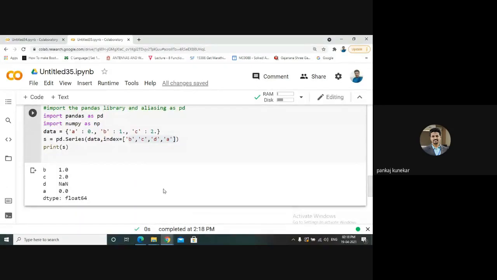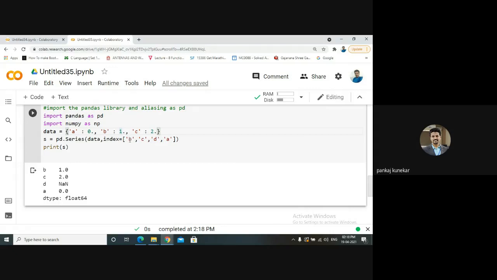See, B, C, D, A. So NaN, not a number, will be handled here, because the indices are B, C, D, A, so the respective value will be captured.